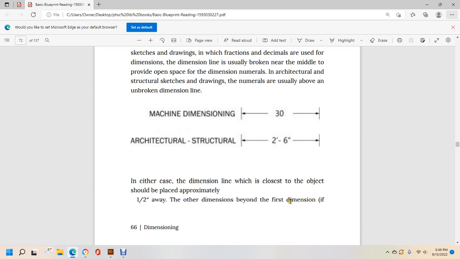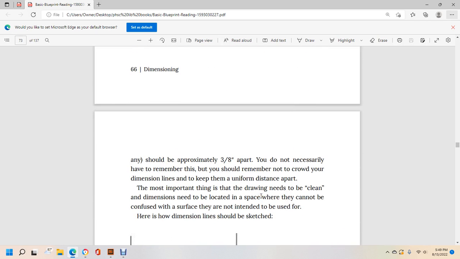The other dimension beyond the first dimension, if any, should be approximately 3/8 of an inch away. Remember not to crowd your dimension lines. Keep a uniform distance apart. But the most important thing is that the dimensions need to be located